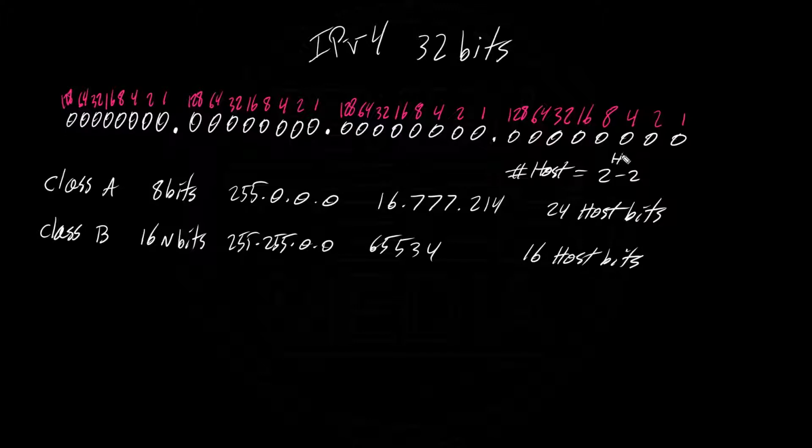So 2 to the power of 16 minus 2, 65,534 for every network. And then class C, we have 24 network bits, which the default subnet mask is